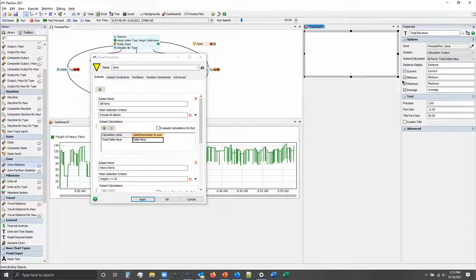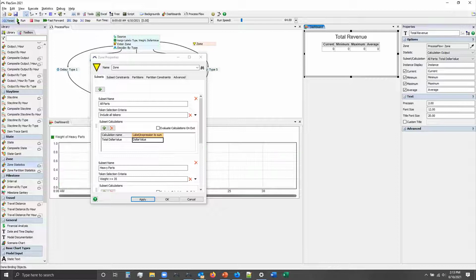Now, we have some checkboxes here. When we have the table view, we have some options of whether we want to show the min, max, or average value, this kind of a chart. But none of them make sense: average doesn't really make sense, maximum doesn't really make sense, min doesn't make sense. Current makes sense, because this is going to be the current value of the output. And just to make the text a little bit bigger, make that 20,